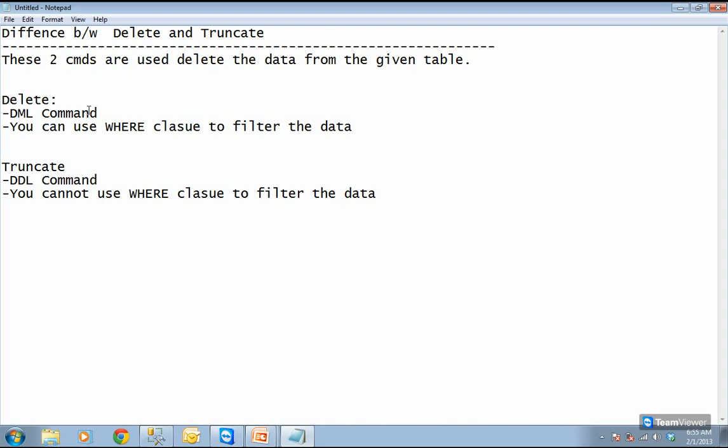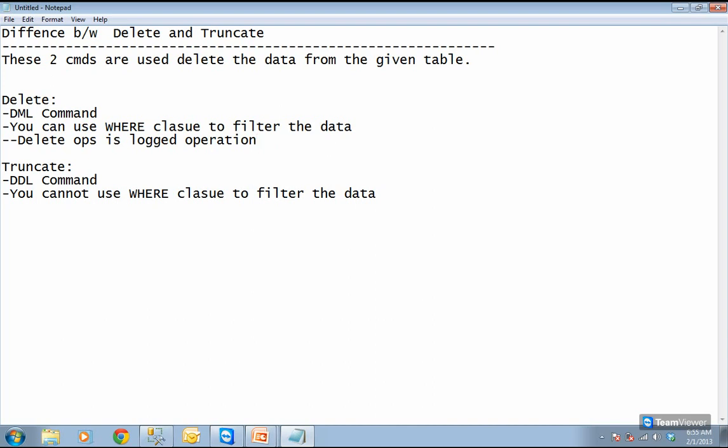One more thing is that when you do a delete operation, it is a logged operation. It means we have a transaction log file. When you delete rows, a bunch of rows will be logged first and then the delete operation would start.